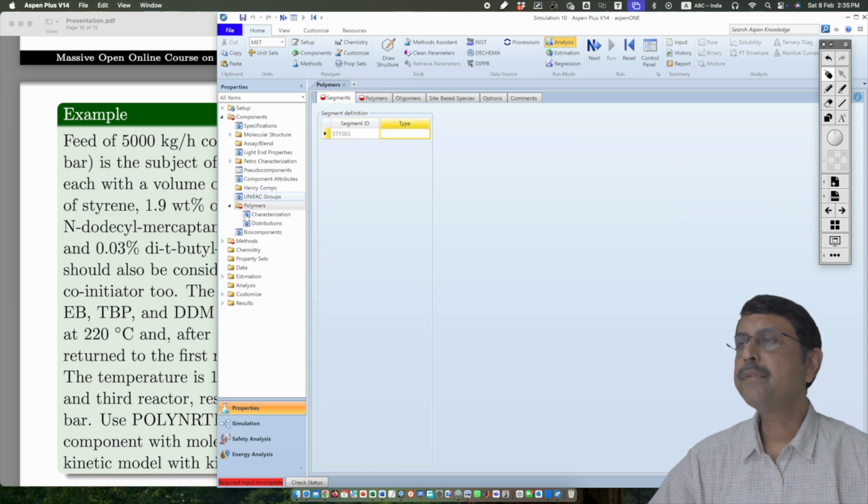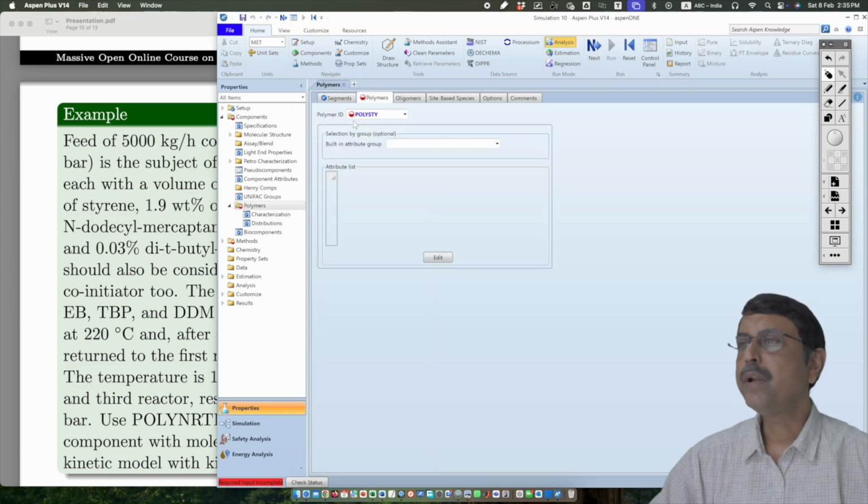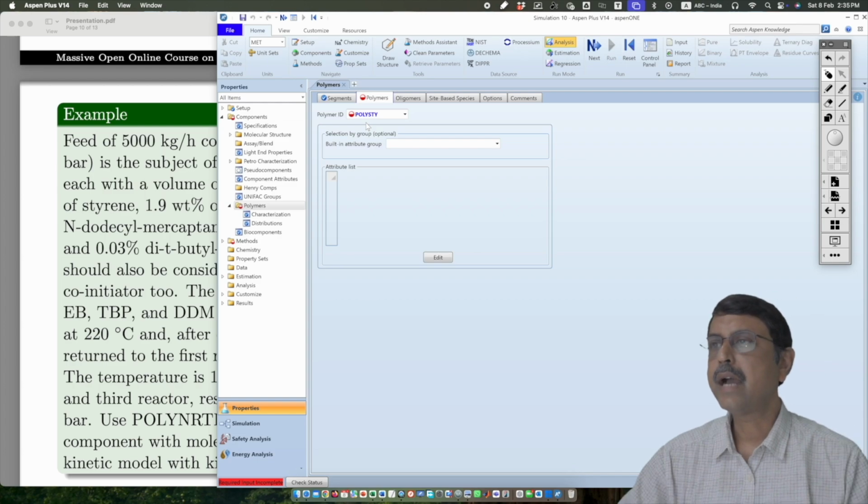Right. Now it comes to the polymer section because we have defined the polymer and it is asking us to define the segment. So segment, which one is the segment? Seg and type. So styrene segment comes as a repeating one. So it is repeat. Okay. It is not end, it is not branch 3, it is not branch 4. So it is repeat. Right. Then we come to the polymers. Polystyrene is the polymer, so the polymer ID is polystyrene. Built-in attribute,